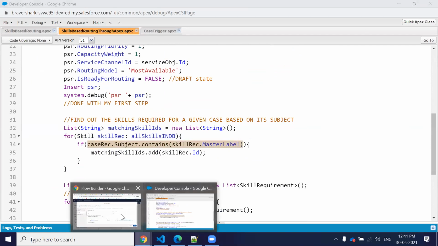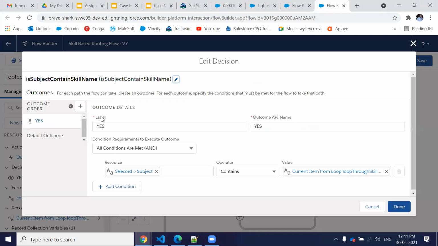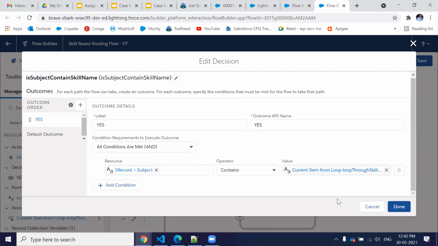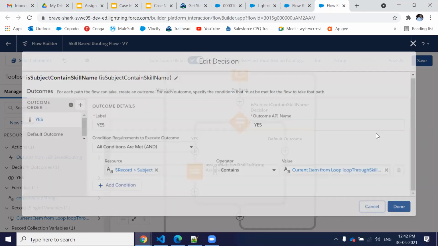Same thing I'm doing here also. I'm just checking in this decision element. If it is yes, then the case subject contains the current item from the loop variable. It automatically got created nowadays.